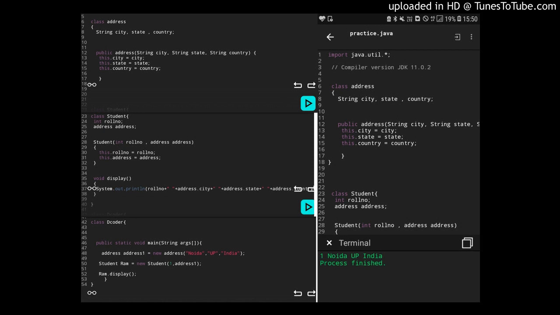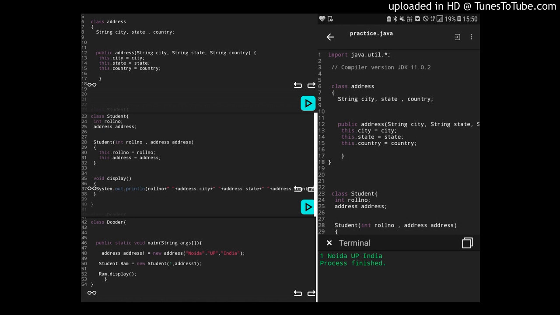Then we create a constructor within the student class, which is parameterized. The first parameter will be of type integer to assign it to the roll number.